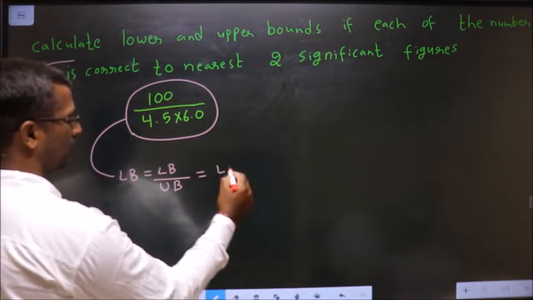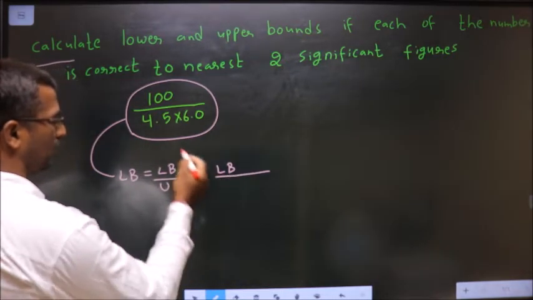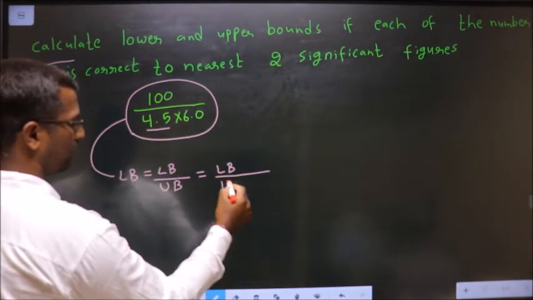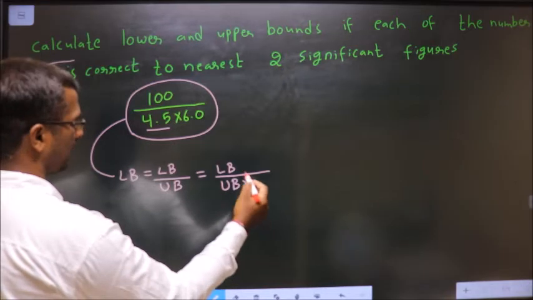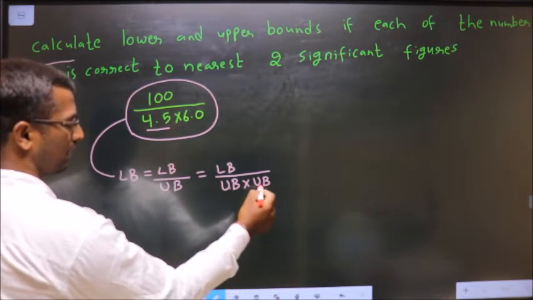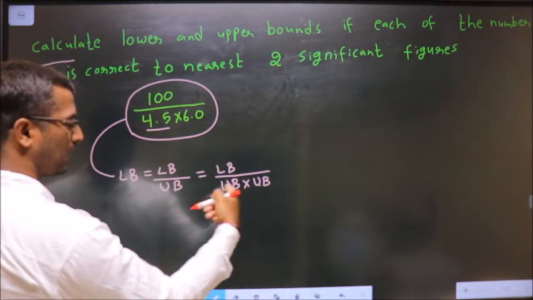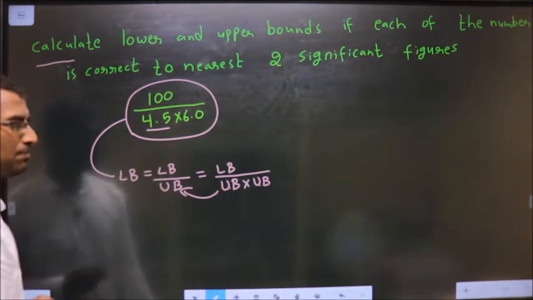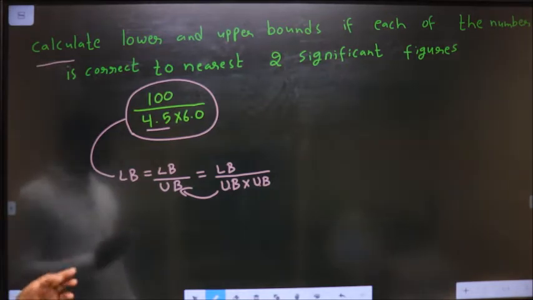So for 100 you take the lower bound, and in the denominator, for 4.5 you should take the upper bound, and for 6.0 also you should take the upper bound. It's multiplication here, so both upper, then only the result will be upper. Okay. Now,